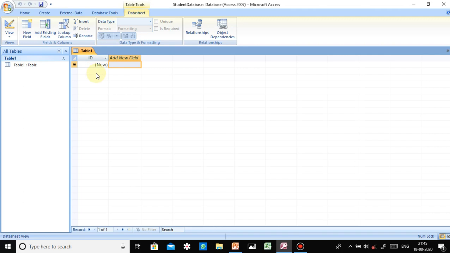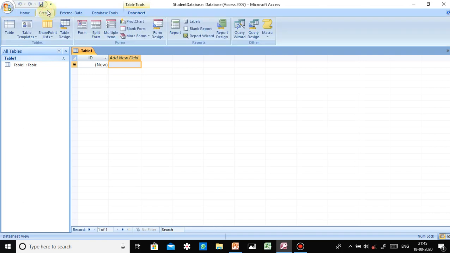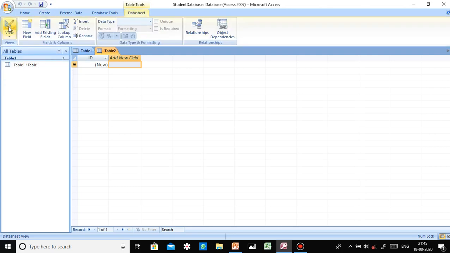You can create a table in Access using the Create tab. Create tab से आप new table भी create कर सकते हो. See here on your screen, this is the second tab, Create. I am clicking over there. In the Tables group, we have so many options. First one is Table. If I click over there, one new table will be added. Okay, see, table 2. If I double click over there, table 2 is showing here. If I click over there, table 1 is showing here.